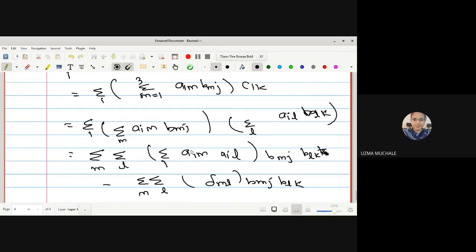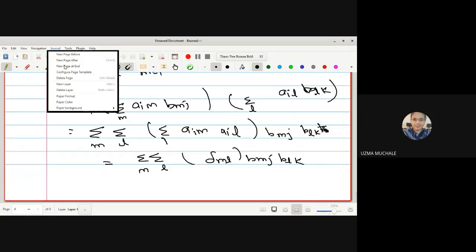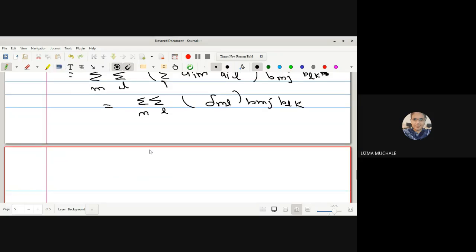Okay, the part that depends on i we put in brackets, and m and l are there, so here we have taken summation over m and l outside. Now after that we have to run the summation so that we can get the result. Now I have to run the summation over l.